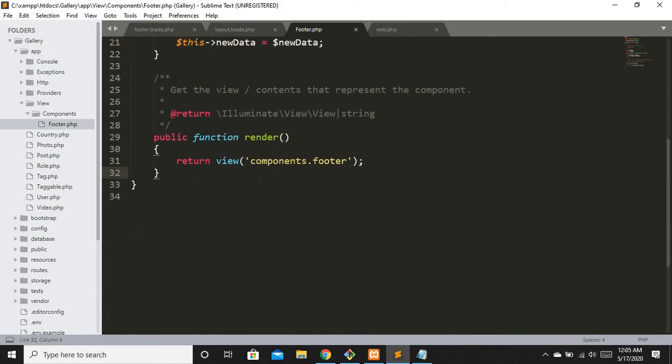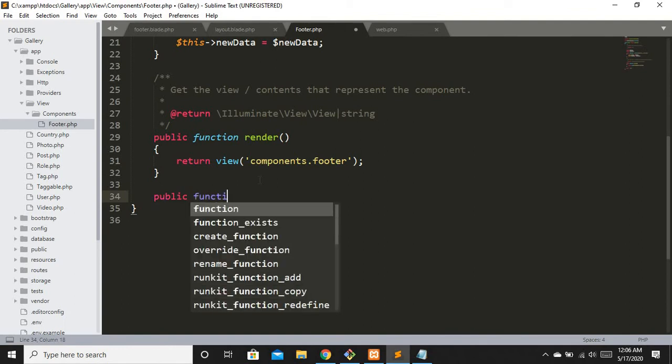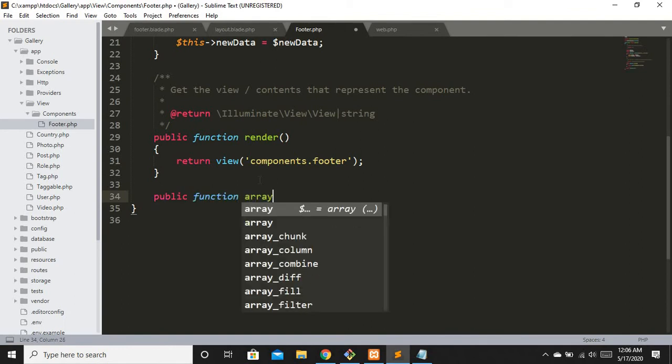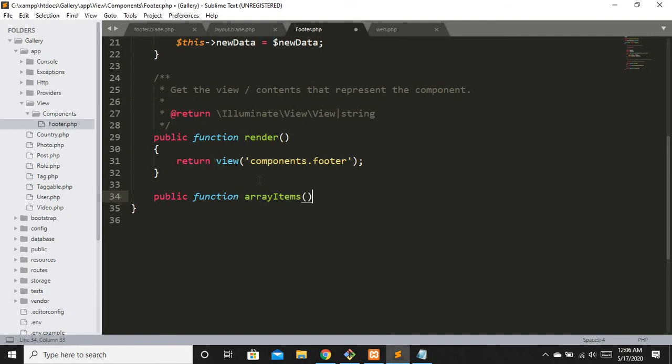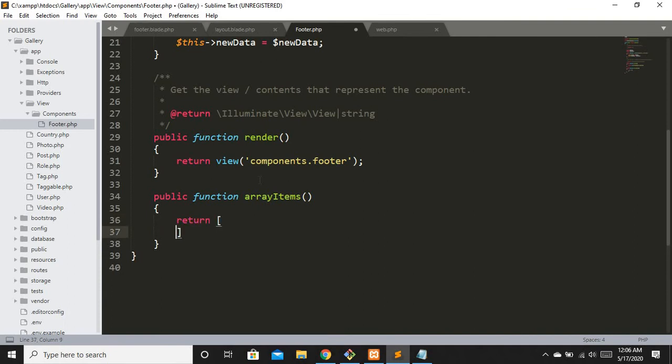Just to show you an example, I'm going to create a new function, public function array items, which returns an array: first, second, third, fourth.